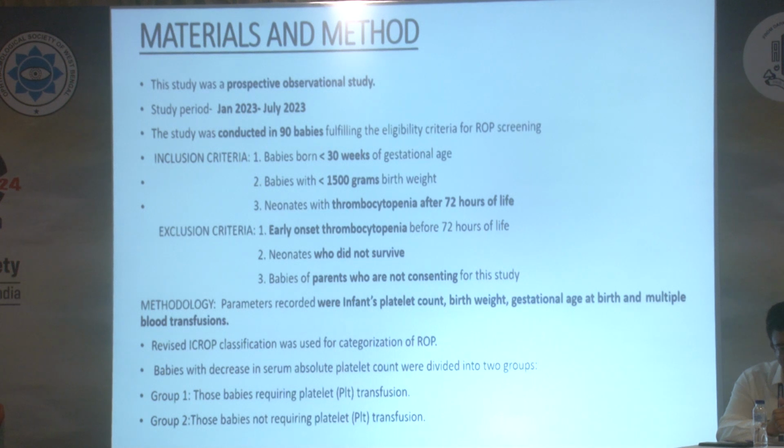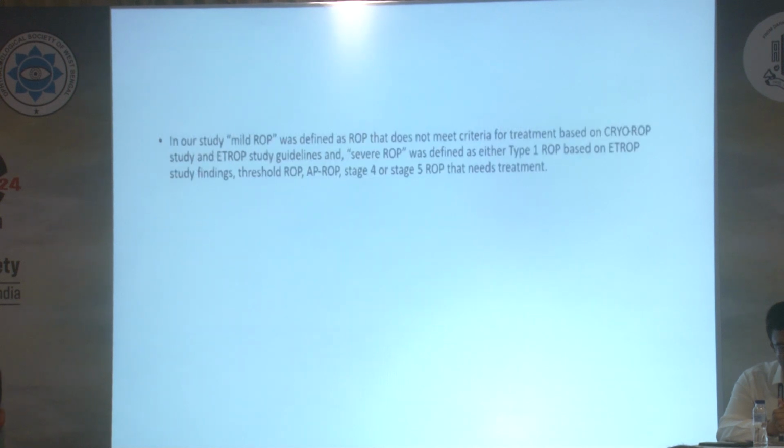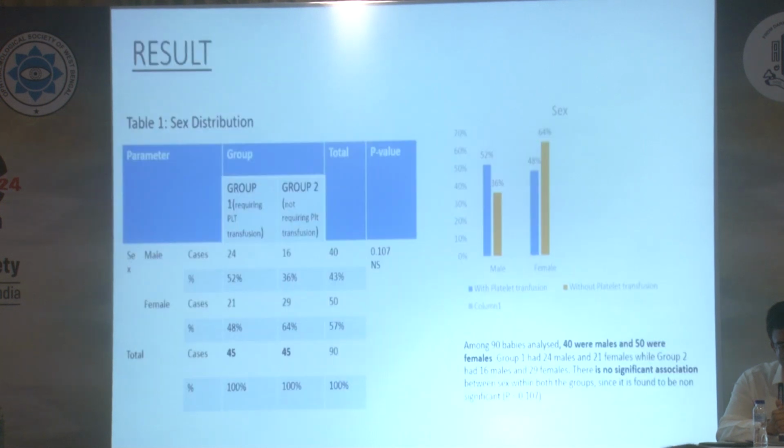Babies with a decrease in serum platelet count were divided into two groups: those requiring platelet transfusion and those that did not. In our study, mild ROP was defined as ROP that does not meet the criteria for treatment based on the cryo-ROP study and ET-ROP study guidelines. Severe ROP was defined as type 1 based on ET-ROP study findings, threshold, AP-ROP, and stage 4 and 5 ROP that needs treatment. The results show that among the 90 babies analyzed, 40 were male and 50 were female,